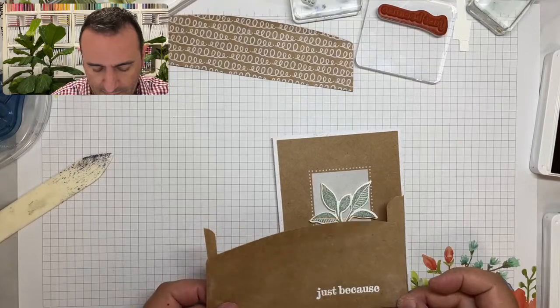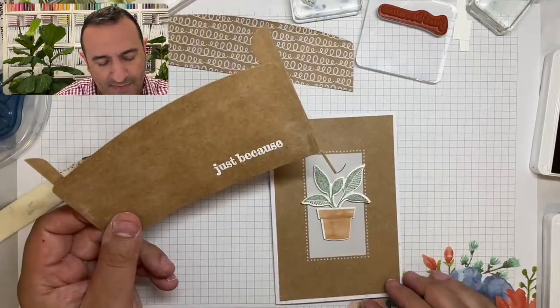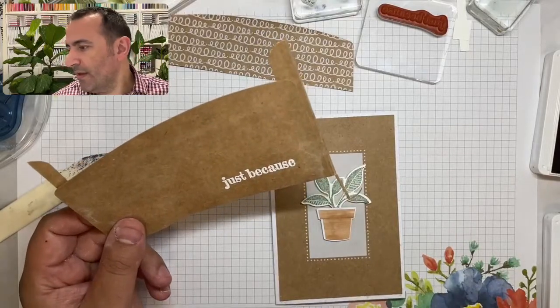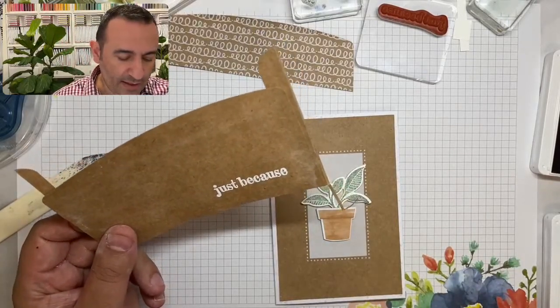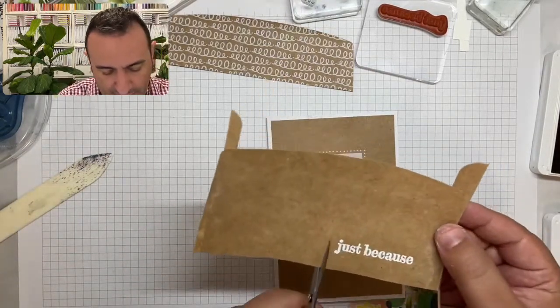Oh, that looks really hot. It looks so different embossed. It does look embossed. Yeah, because it's solid. Solid, yeah. I'm just going to...